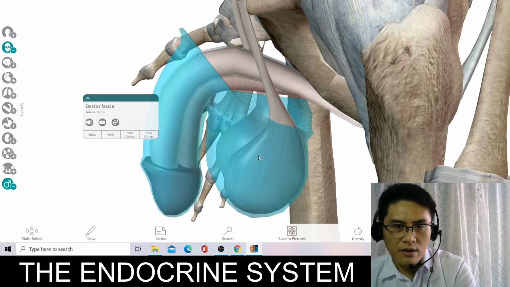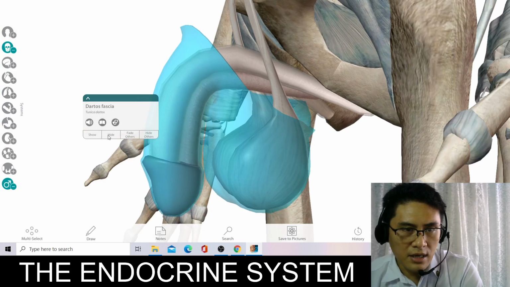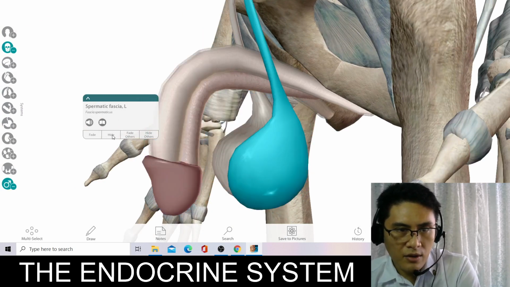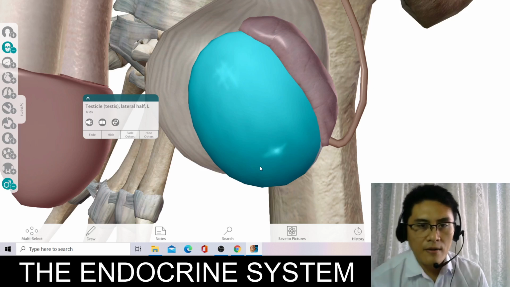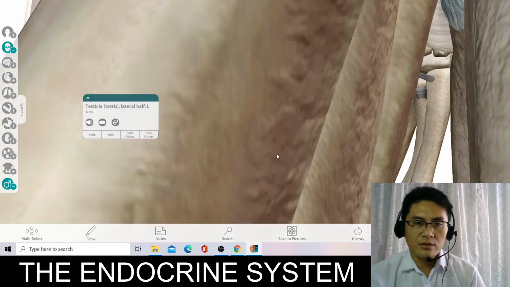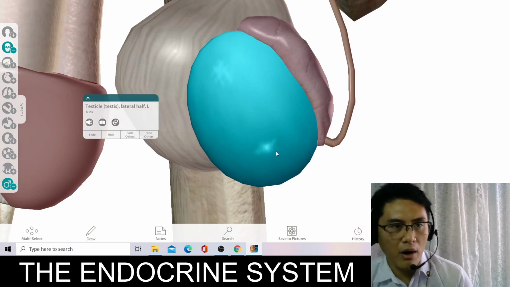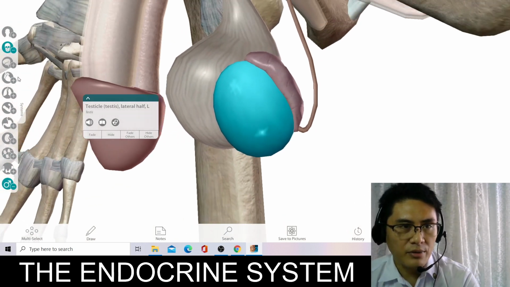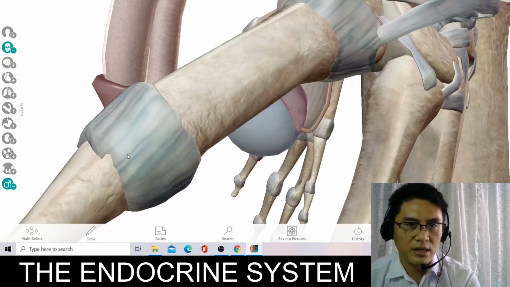So here you can see that you have this organ that is hanging. This is the testis, or the testicle. So this is the one that is responsible for creating male hormones. So it's also part of the reproductive system. Okay, so let's